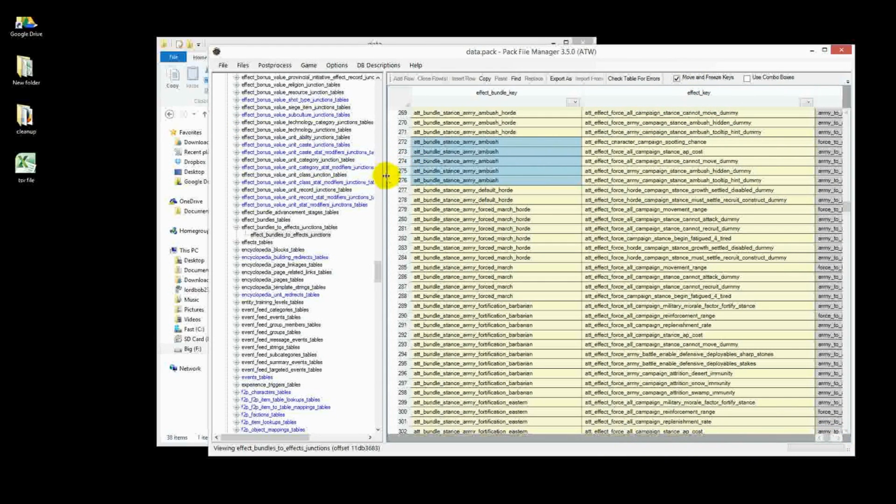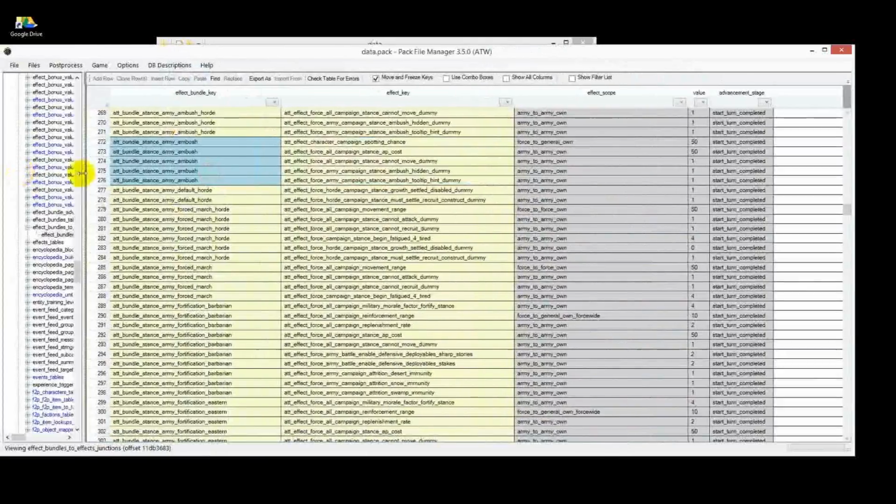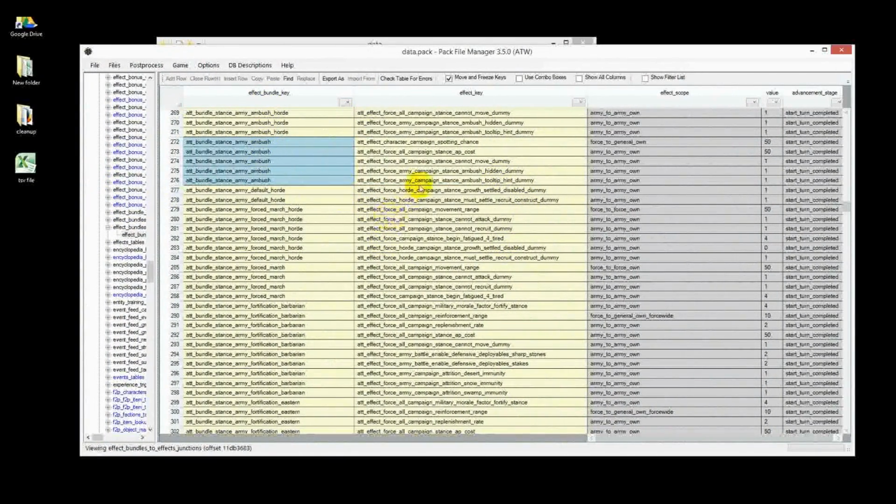Let's make this a little bigger. Okay, so if you want to make this into an ambushing bonus to integrity from ambushing, then you can just get a new pack, as we do with new packs, and you would add it to the effect bundle for ambushing, and then you choose the category you want, you create the effect, or you use an existing effect. You add the correct effect scope, which would probably be army to army own, and then you put in how much. Now, the value that you put in here,